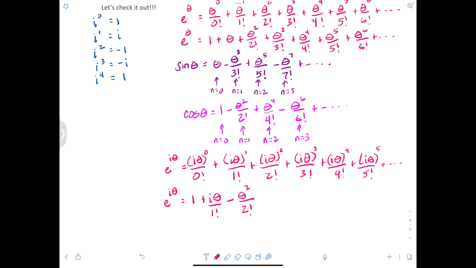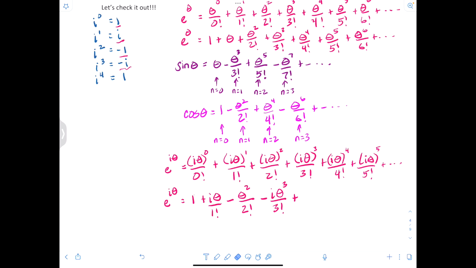So notice 1 was our first one. i was our second one. Negative 1 is our third one. Now we're going to have minus i theta cubed over 3 factorial. That's this guy. And then it's going to go back to where it started,